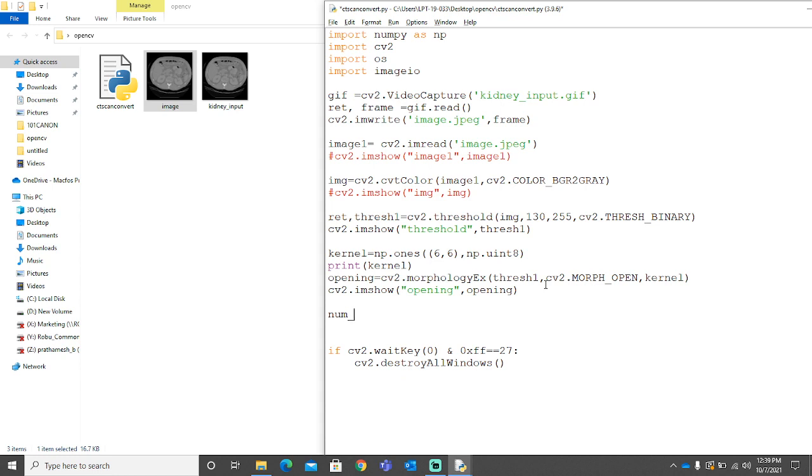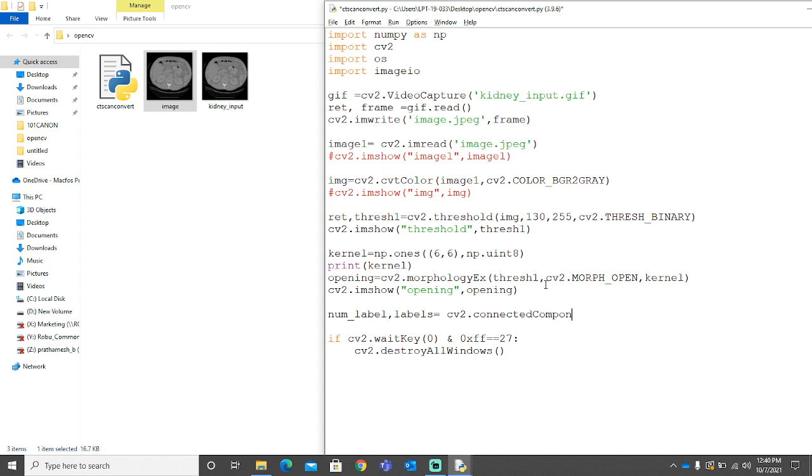Let's do num labels now. We'll create only 2 of those because we'll be using it later on. And let's use connected components now. This should be small and the data C should be bigger.